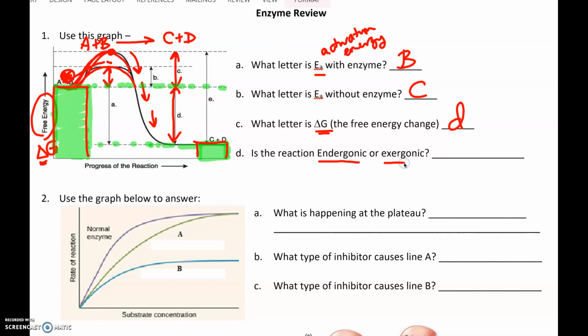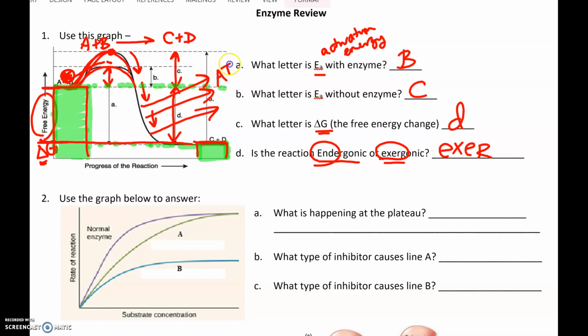which brings us to this last question. Is it endergonic or exergonic? So exo, giving away energy, endo, taking in energy. Well, the products contain less energy than the reactants. So this would be an exergonic reaction because energy is being given away. The energy here would be released. And in our cells, we might be able to capture that released energy with ATP and then use it to